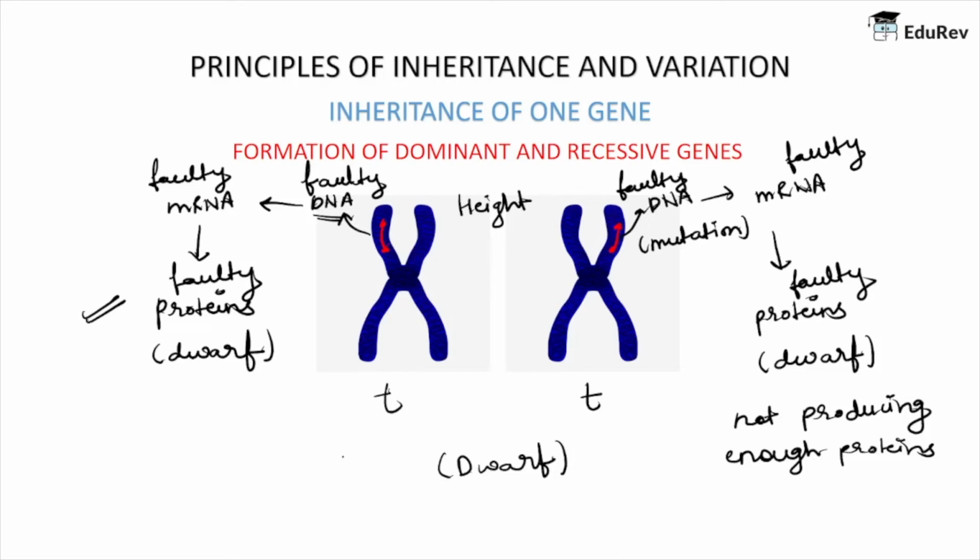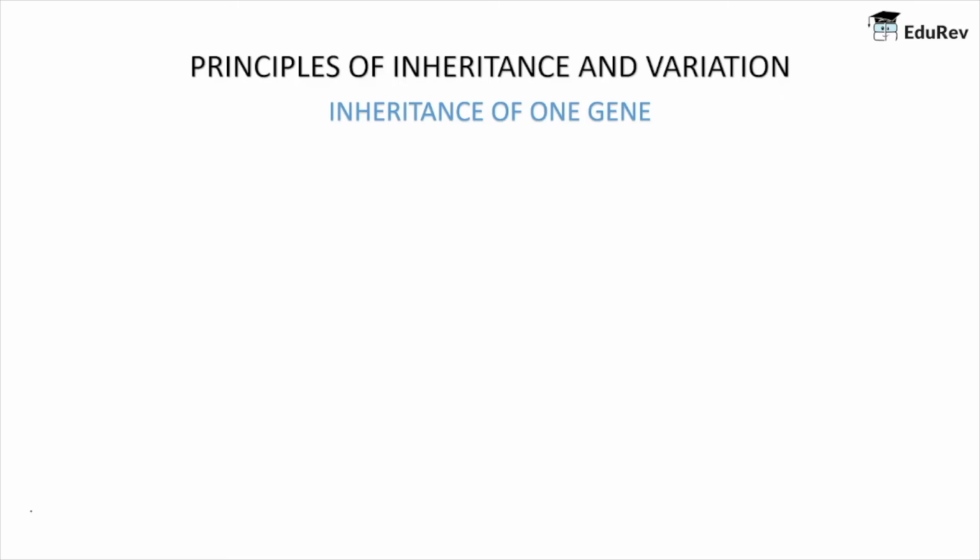So we see that for a plant to become dwarf, both the genes should be recessive. Both genes should be recessive for a plant to become dwarf. Having learned some basics of genetics and how dominant and recessive genes are formed, we will now explore the experimentation